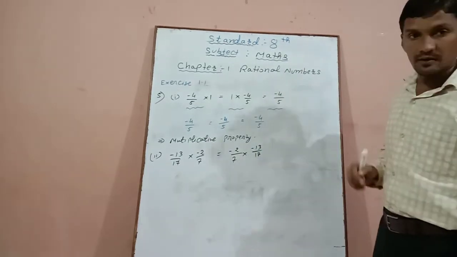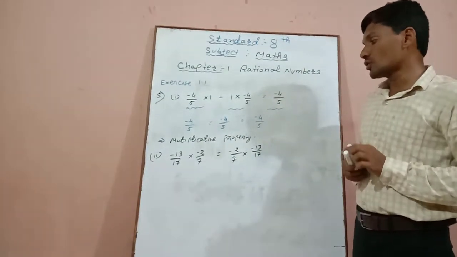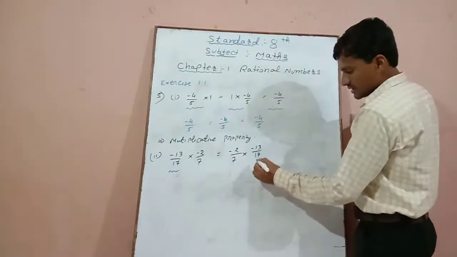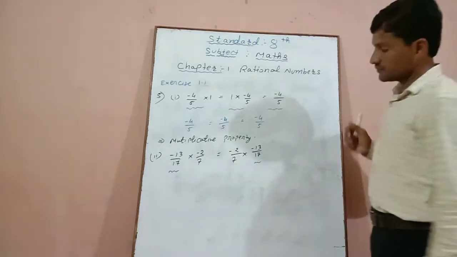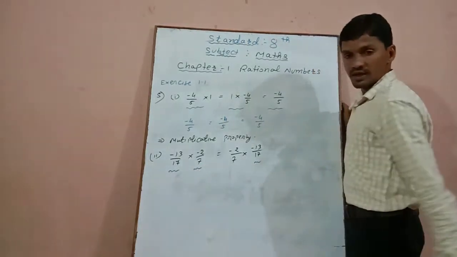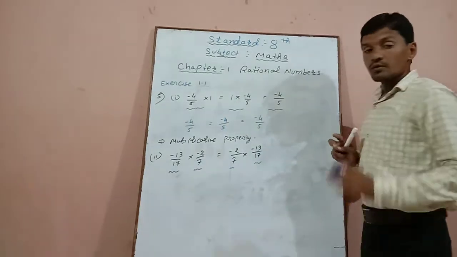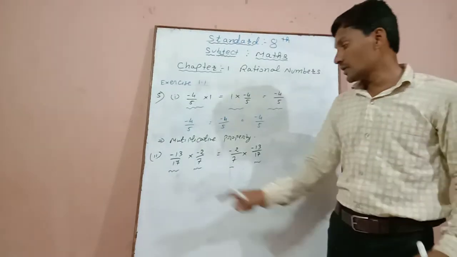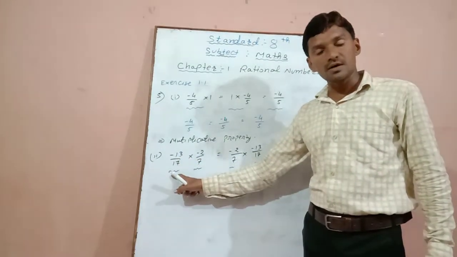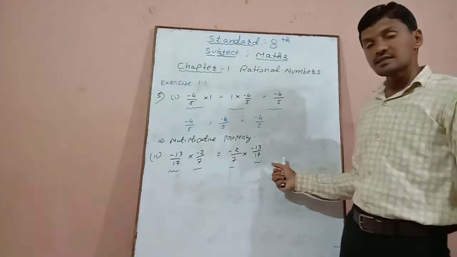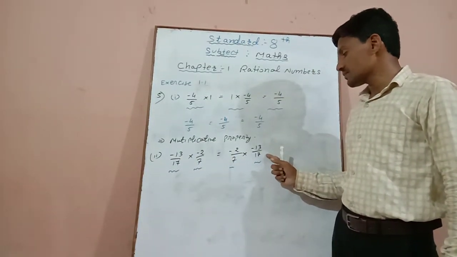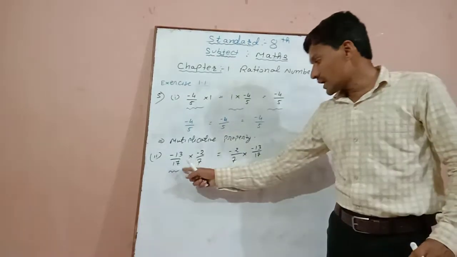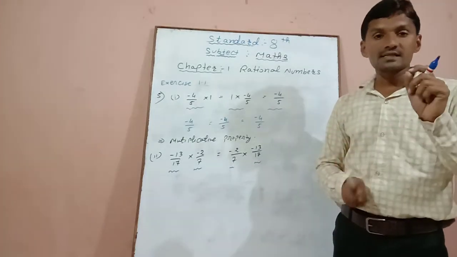Okay. Now check here. We can see that on both sides, here it is minus 13 by 17, here it is minus 13 by 17, here it is minus 2 by 7, here it is minus 2 by 7. What has been done in this? Here they are changing their order. In the left hand side minus 13 by 17 is the first, and in the right hand side minus 13 by 17 is the second one. So only the order is changing, the rest of the numbers stay the same.